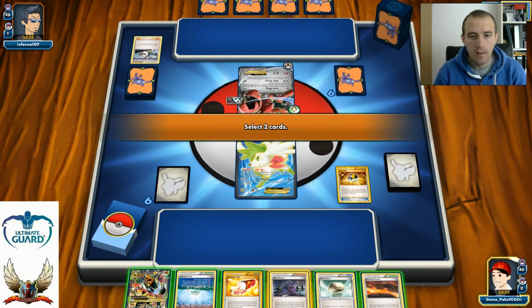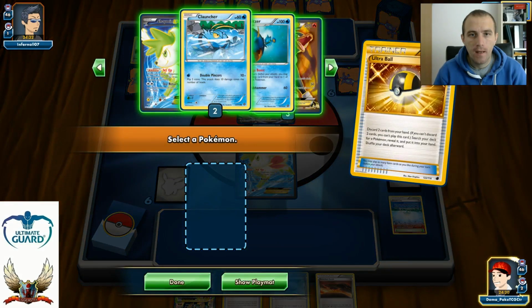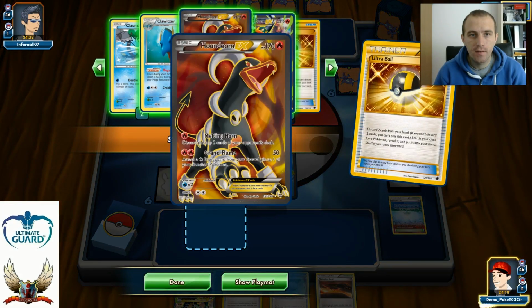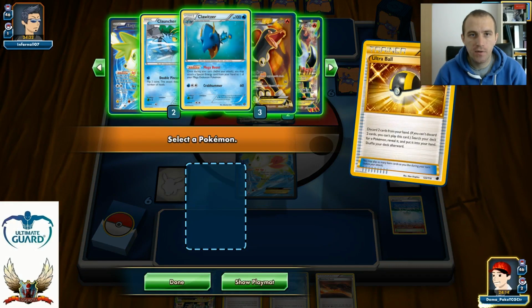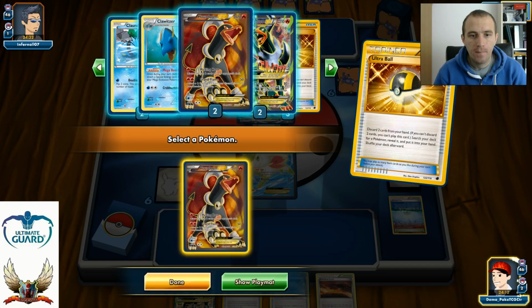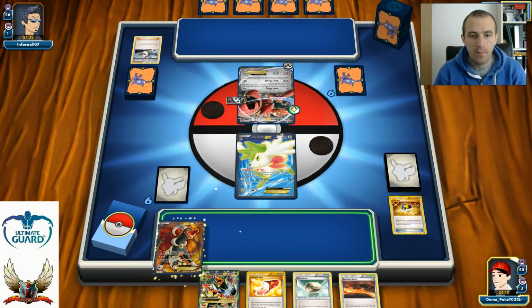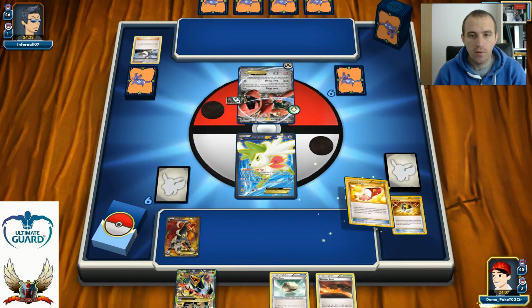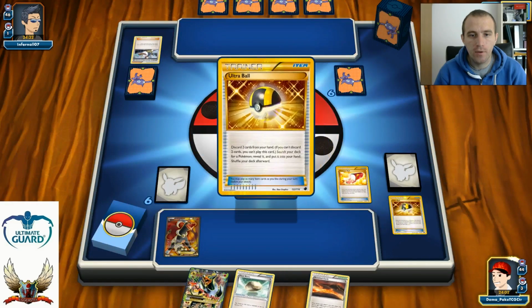So let's discard, maybe even, yeah, definitely Parallel City with the Ultra Ball. I'm looking for that. Another extra Shaymin-EX. I guess I should first go with that Trainers' Mail in case I miss the opportunity to find a supporter card. Let's go with the Trainers' Mail right now. Well, there's the Ultra Ball, so I guess I can grab that Ultra Ball and pretty much